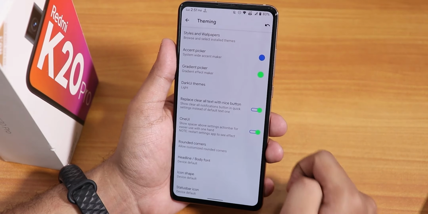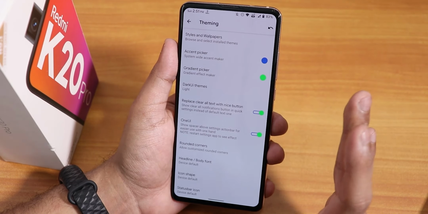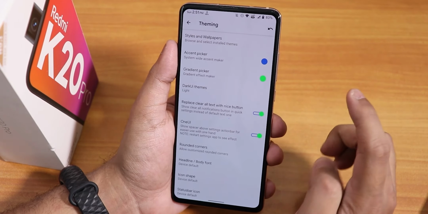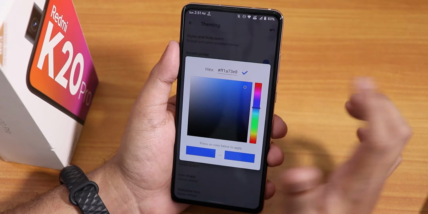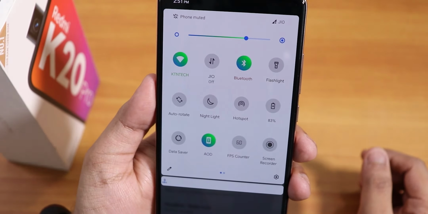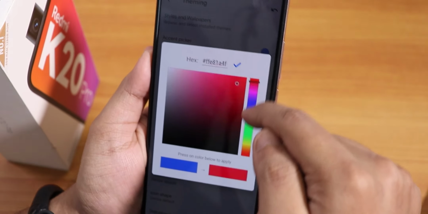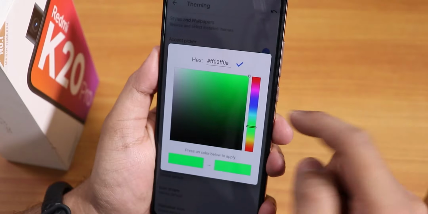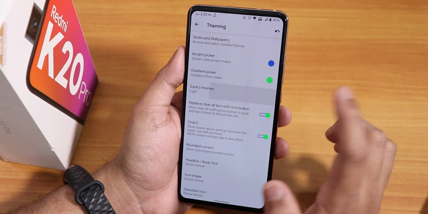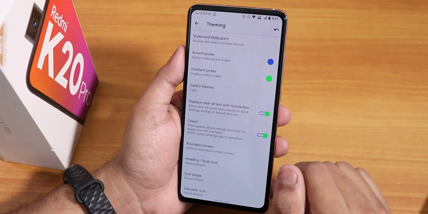But there is the LR wallpaper or L paper over here, the Legion OS wallpapers. That app is really cool and it has a lot of wallpapers to choose from. I like that. And here we have the accent and gradient both. If you're noticing on the quick settings panel over here, it has this kind of tint right here. So you can have any color tint, you can just choose the accent color to anything else, and you can choose the gradient picker from here. So yeah, a lot of colors you can choose from, and you can have this dark theme over here, so you can choose pitch black or something from here of course.